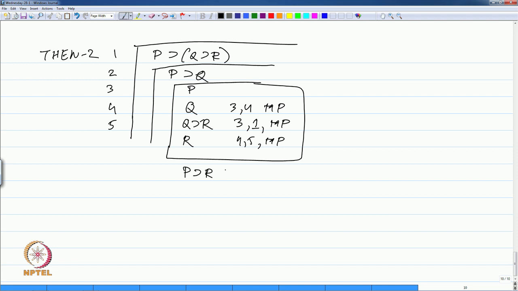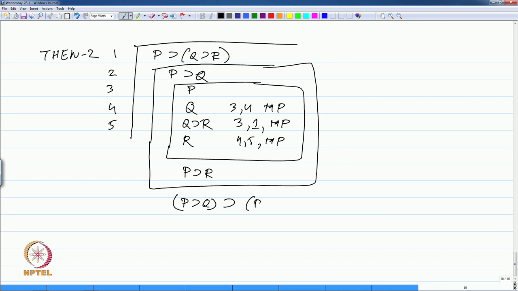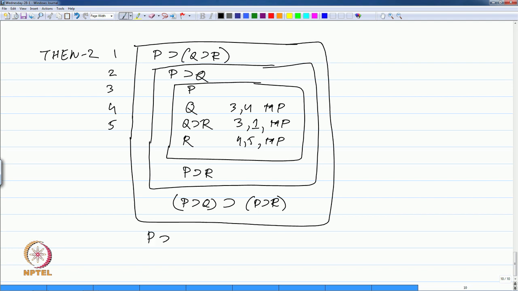Okay. Then we close the second box. So, we have thrown out the assumption P implies Q. So, we can write P implies Q implies P implies R. And finally, we close the outermost box. So, we have then 2. We made 3 assumptions, then we close all the 3 assumptions and we ended up with this formula, which is actually then 2 essentially. So, Hilbert's side proofs tend to give us shorter proofs essentially, but again there is guesswork